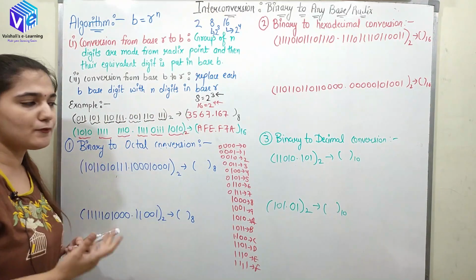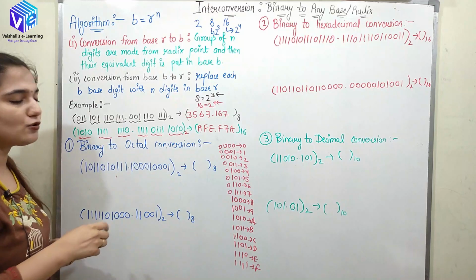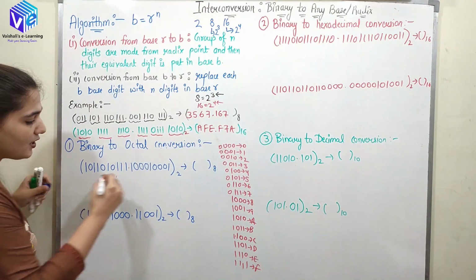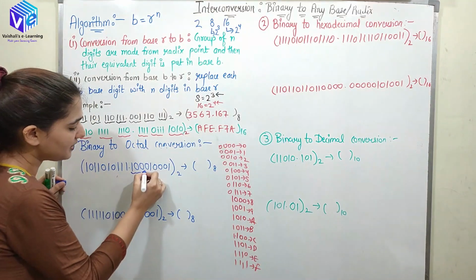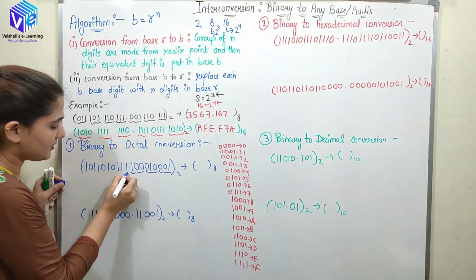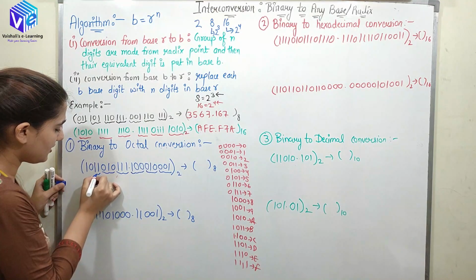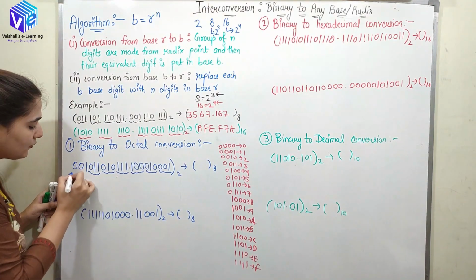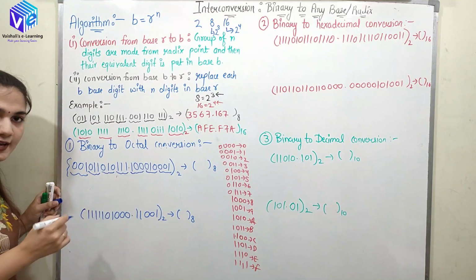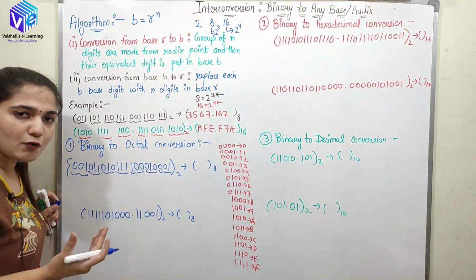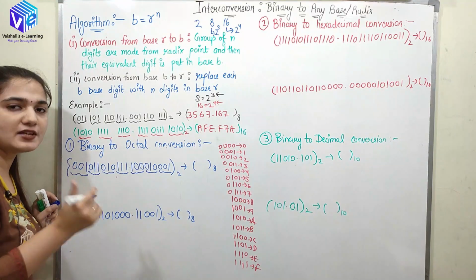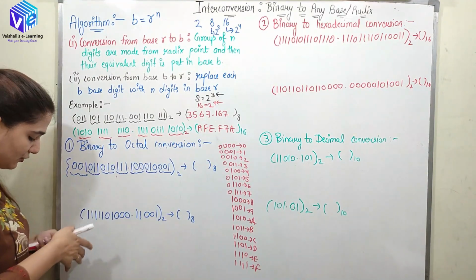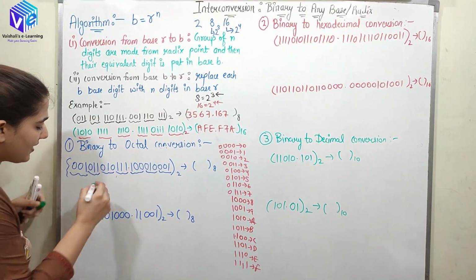So let's take some more conversion from binary to octal, right? So now here first of all we have to make the grouping. So here these are the 3 groups, then these, and then these. Okay, here these 3, and these 3. Now 1 is left, so I can add 2 prefix zeros, right? So when you can't make a group of 3, you have to add the prefix zeros, right? So now we have all of the groupings. So now let's do the conversion. Let's write the final output.